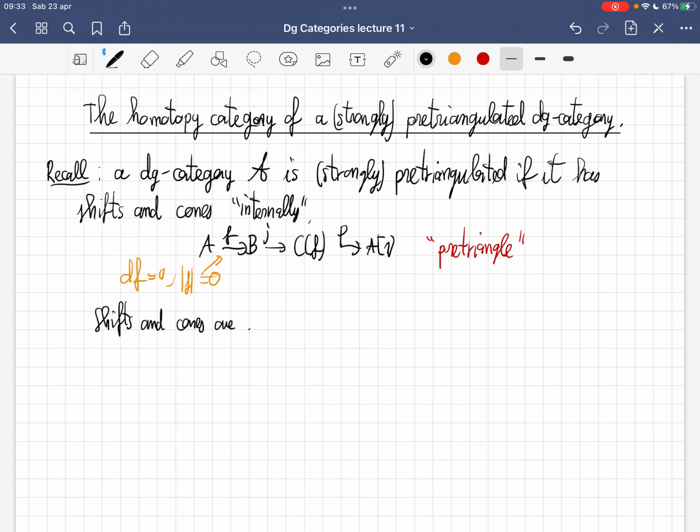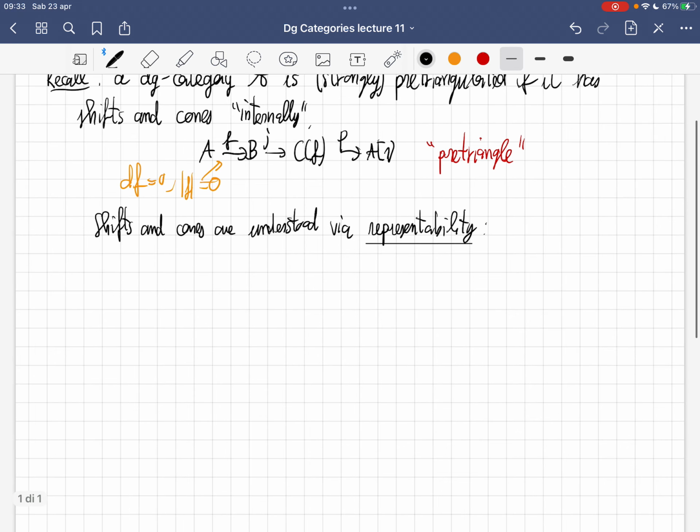are understood via representability. This is very important. This is a key feature, key aspect. Namely, for example, the shift, this object, comes with an isomorphism. So this, as DG modules,